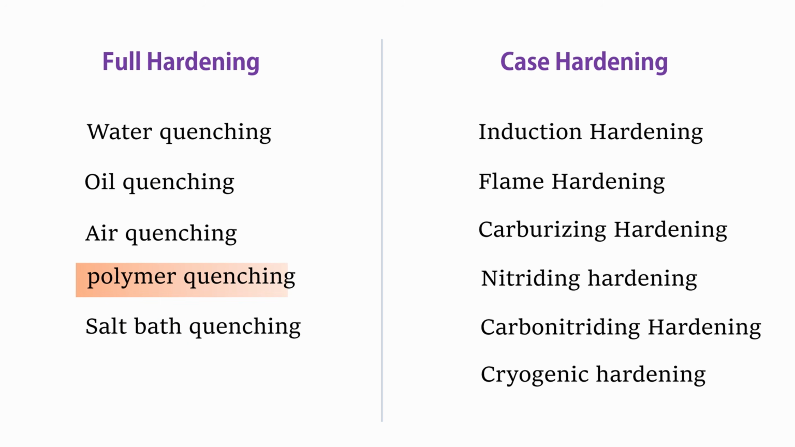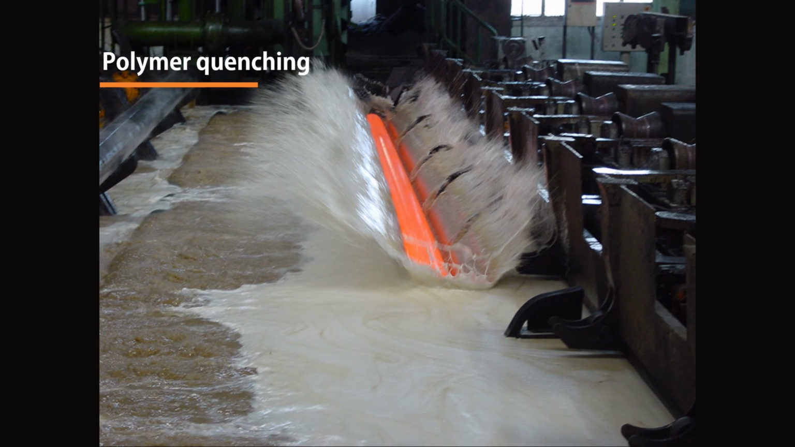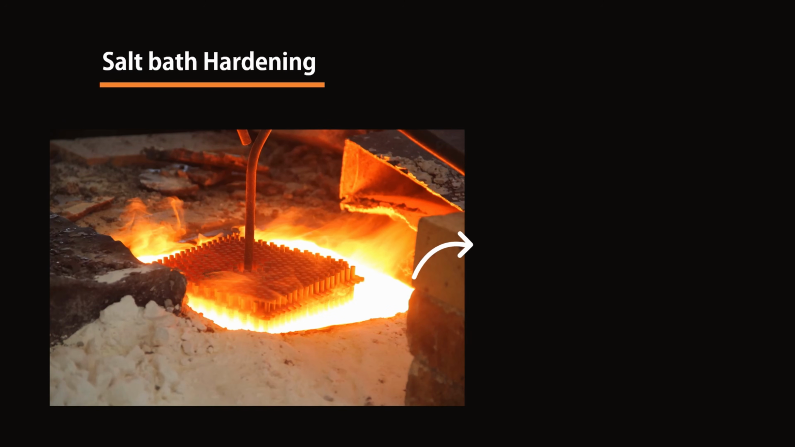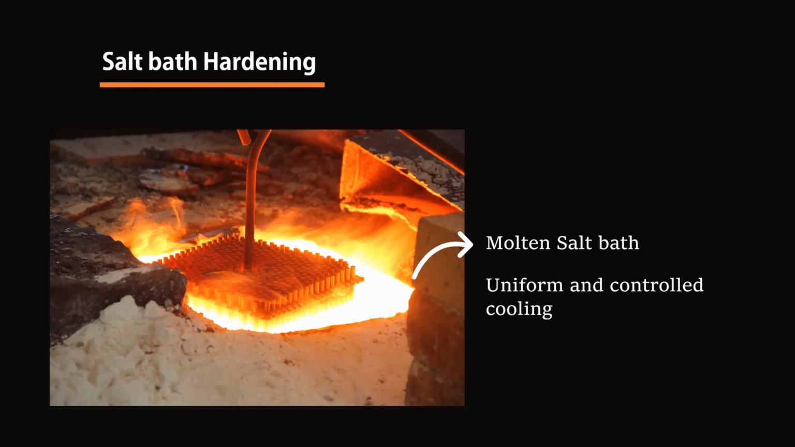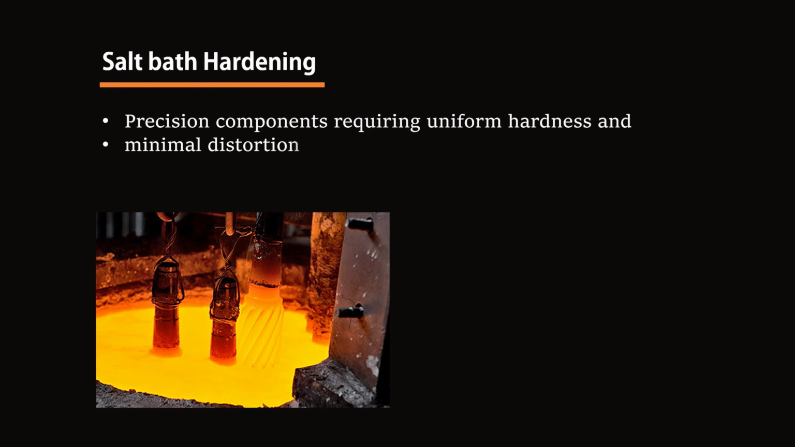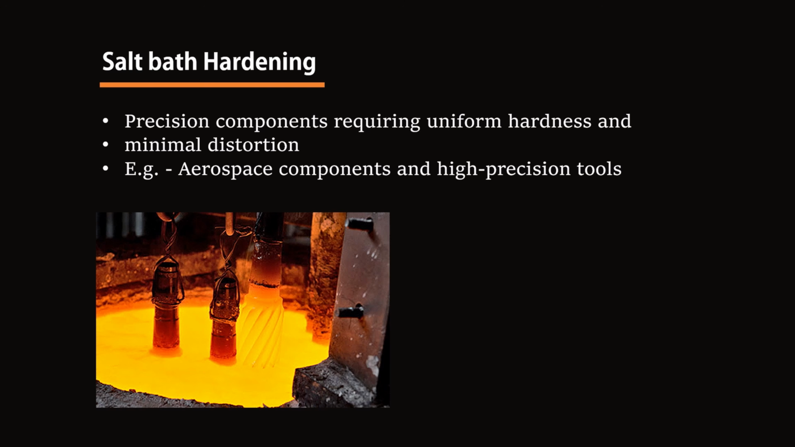And there are also other methods like polymer quenching, which provide a cooling rate between water and oil. And then we have salt bath quenching, where metal is immersed in a molten salt bath, providing uniform and controlled cooling. The main advantage of salt bath quenching is that it provides very uniform and controlled cooling, which minimizes the thermal stress. And this method is used for precision components requiring uniform hardness and minimum distortion, such as aerospace components and